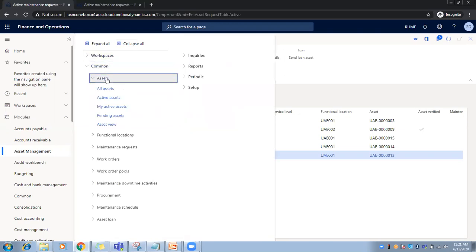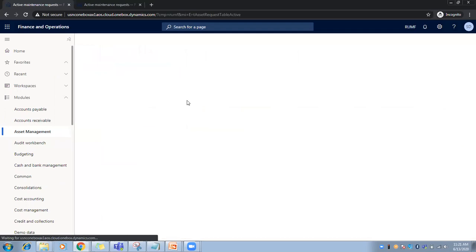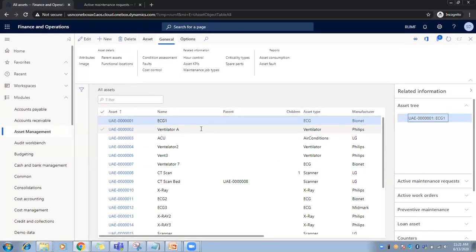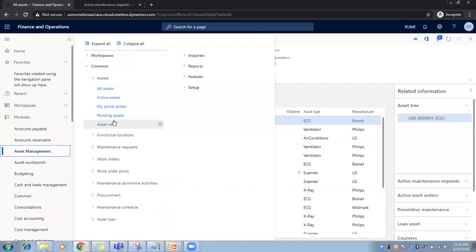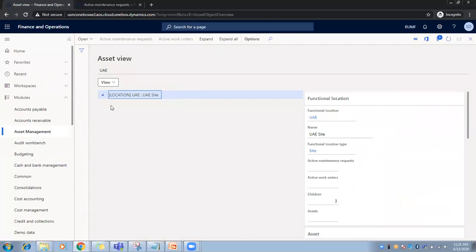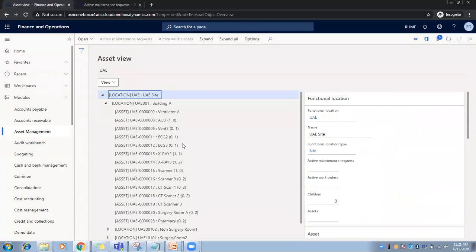If I go to Common, All assets, this gives me an asset overview in my factory. Whatever we are seeing over here is configured for a hospital. Let me go here, asset view. This company has been configured for a hospital. In my hospital, I have two buildings, and each building has different assets. All these assets are clinical assets,